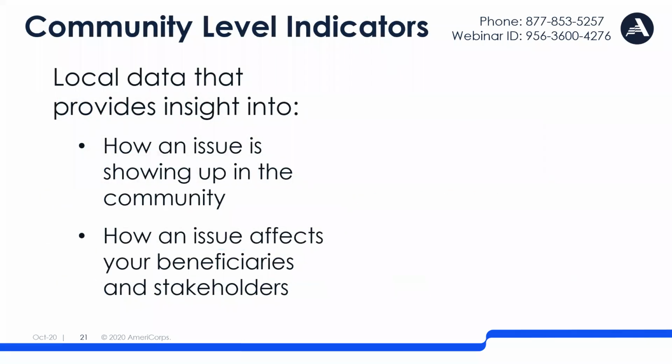Okay, so federal statistics and data offer a ton of valuable information to our work, but they also aren't always going to provide us with all the insights that we need around why those things are happening. So that's where we're going to start talking about this idea of community level indicators. Community level indicators represent the facts and figures that we can pull from our community that give us insight into how the problem is showing up in our community and into the unique factors impacting how that problem affects our